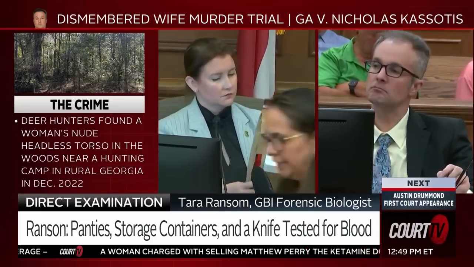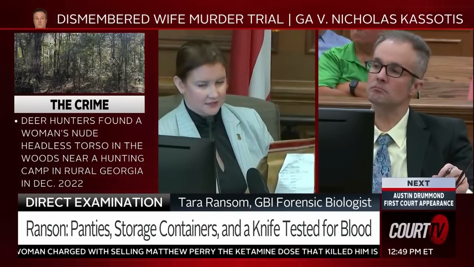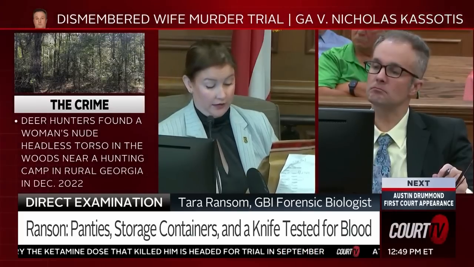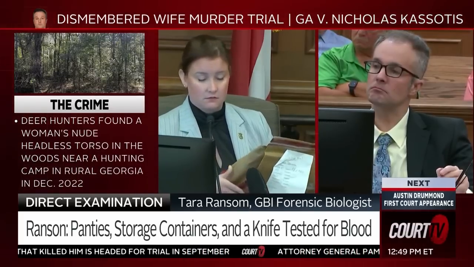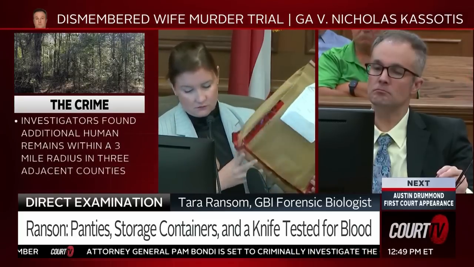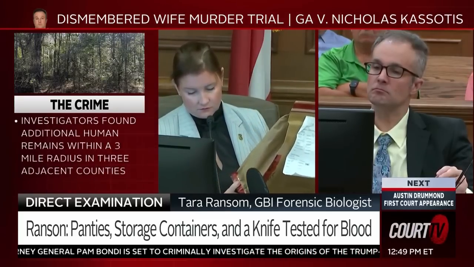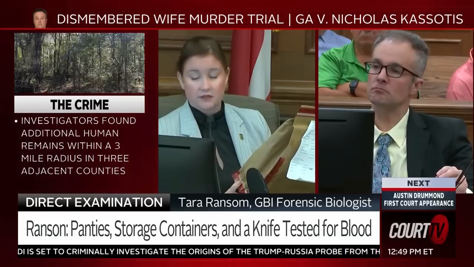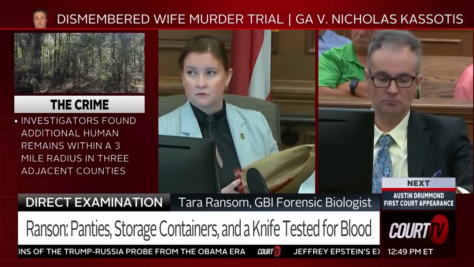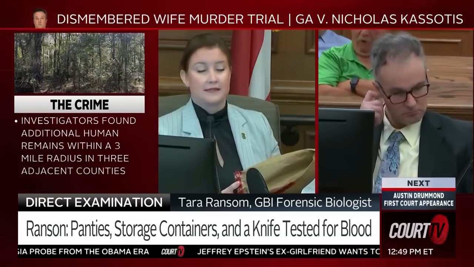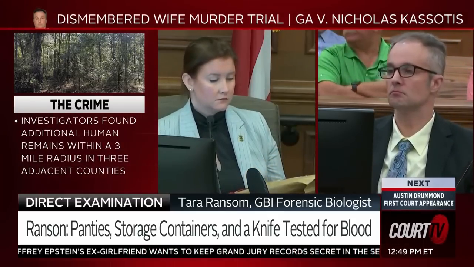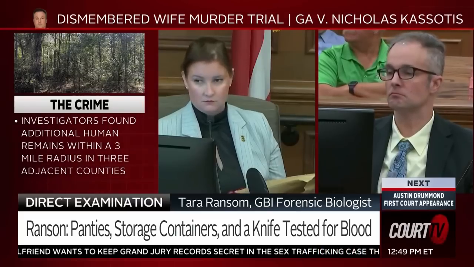Do you recognize that exhibit? Yes, State's Exhibit 1.15 is the clothing items that I tested in this case. And would it be fair to say that those are the items that are on your report as 36A, B, C, and D? Correct. And did you process those similarly to how you just described? Yes. And those are the same items themselves here in the courtroom today? Yes. Thank you.